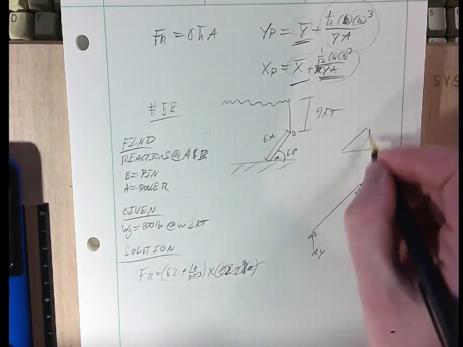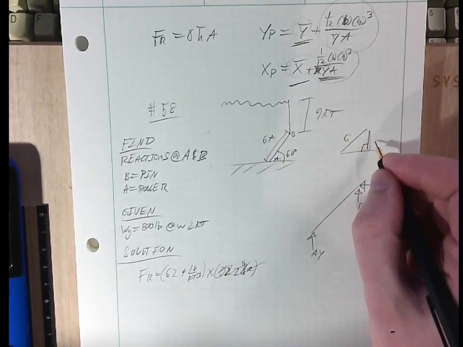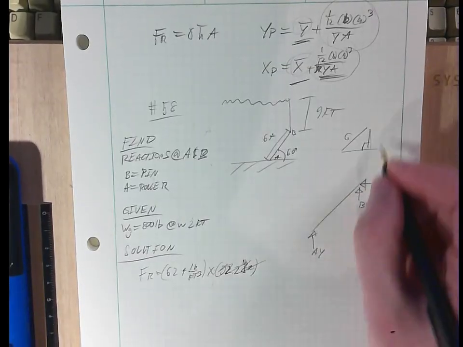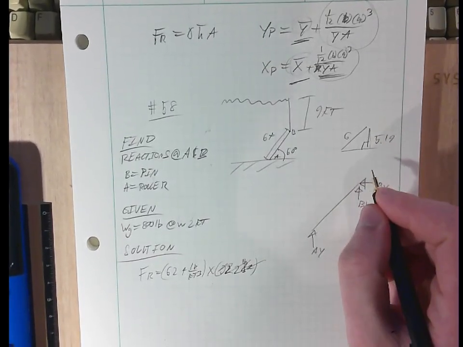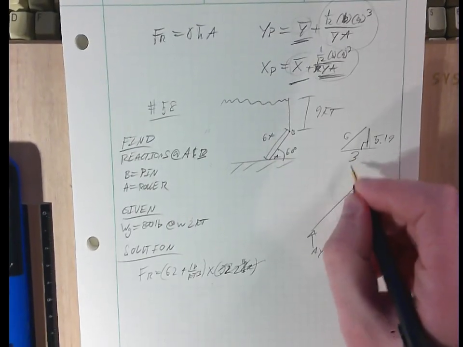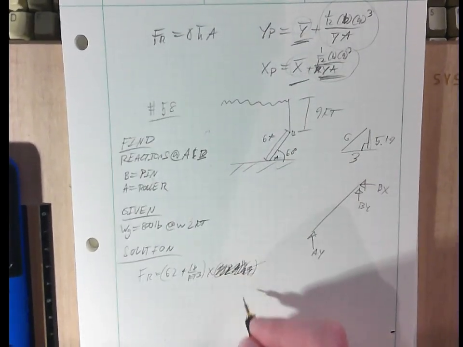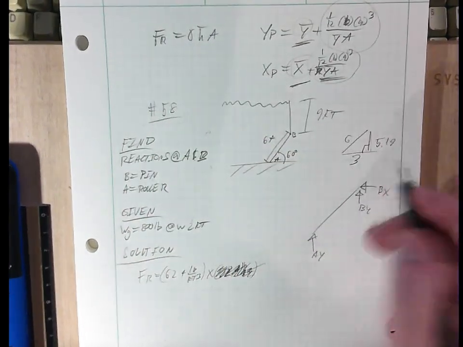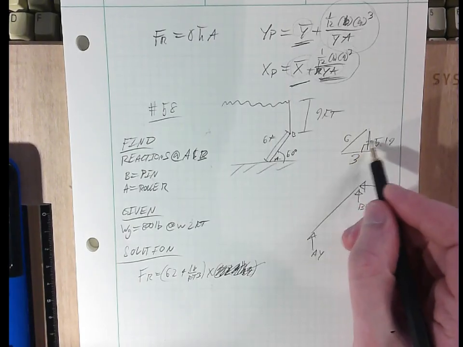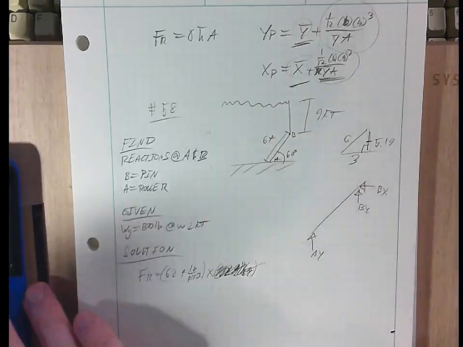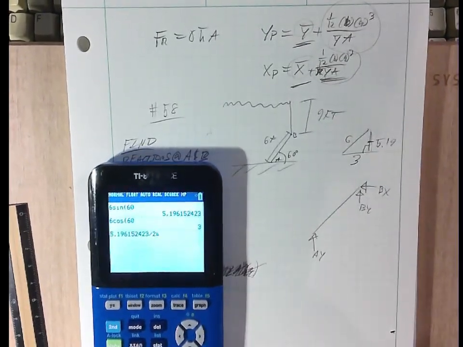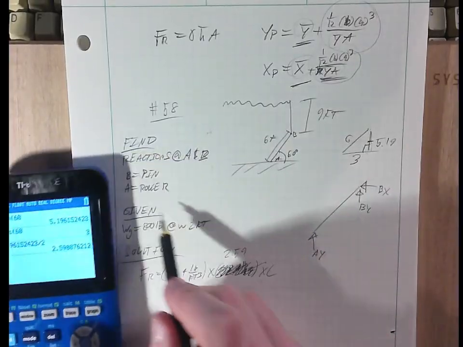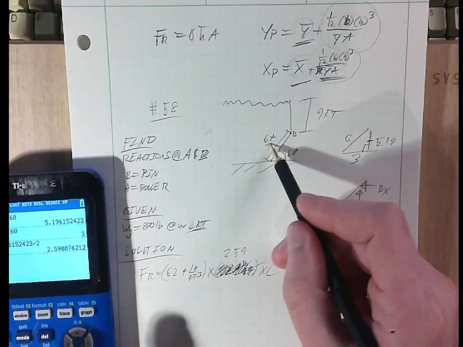We've got a triangle here, 6 foot. And to get these two, we can get 6 sine 60. This is going to be 5.19 foot and 6 cosine 60. It's going to be 3 foot right here. So forget I did gravity. That doesn't make any sense because we're doing FR, gamma h bar A. So what's h bar here? Well, it's going to be half of this. So it's going to be 5.19 divided by 2. It's going to be 2.59 times the area, which right here, 2 foot width, 6 foot length,